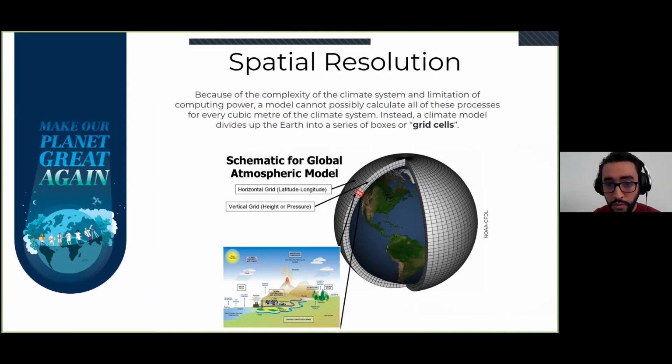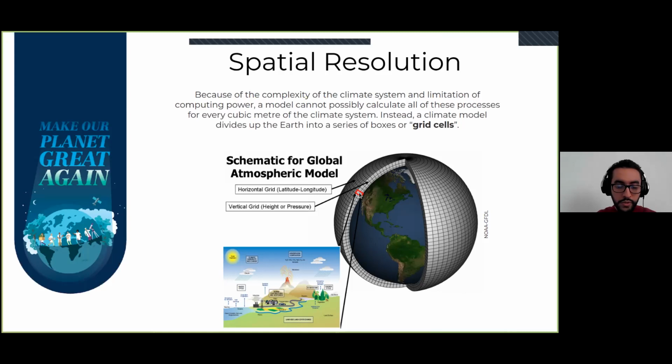lot of computing power. A model cannot possibly calculate all of these processes for every cubic meter of the climate system. So what climate modelers in general do is that they divide the Earth into a series of boxes, as you see here. And these boxes are called grid cells, okay? So this is an example for a global atmospheric model. And as you see, each box here is focusing on a part with some latitude and longitude and has a vertical grid